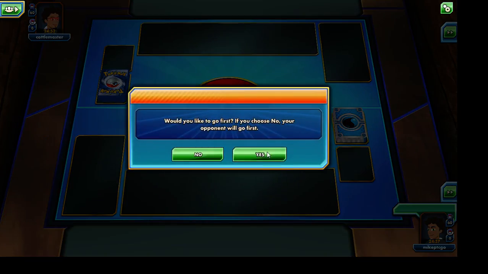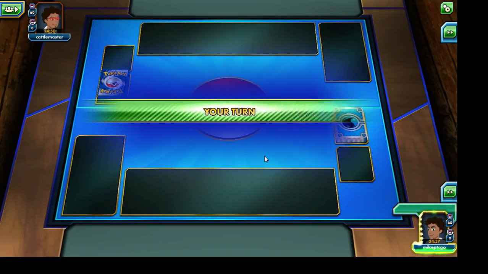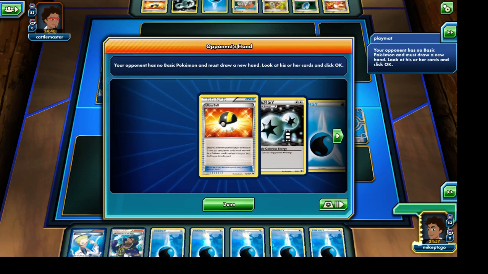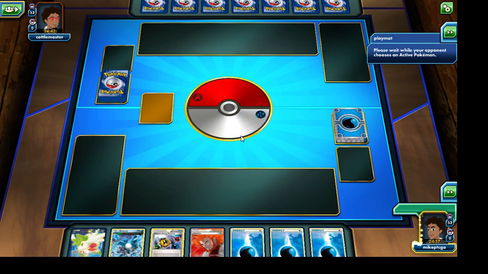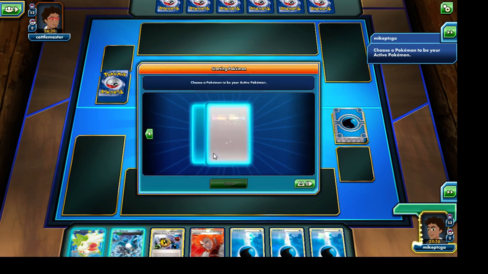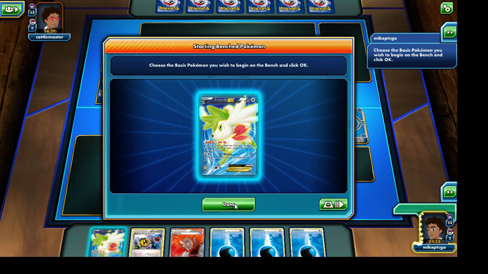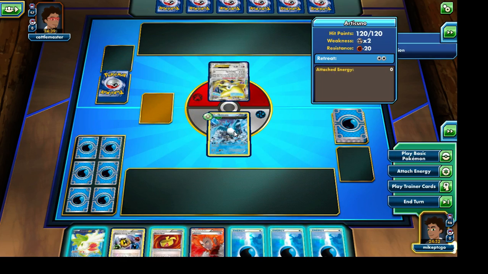Hopefully we can go first, and awesome, looks like we are going to be able to go first. And okay, so no good cards in our hand whatsoever. The opponent is probably running the Seismitoad EX, I'm guessing. Just a guess, I could absolutely be wrong. So I'm gonna go and start off by bringing out the Articuno as our active Pokemon. Gonna keep that Shaymin EX in our hand for now,